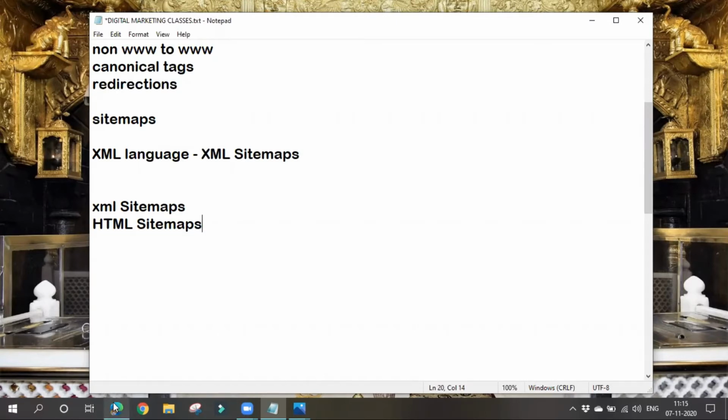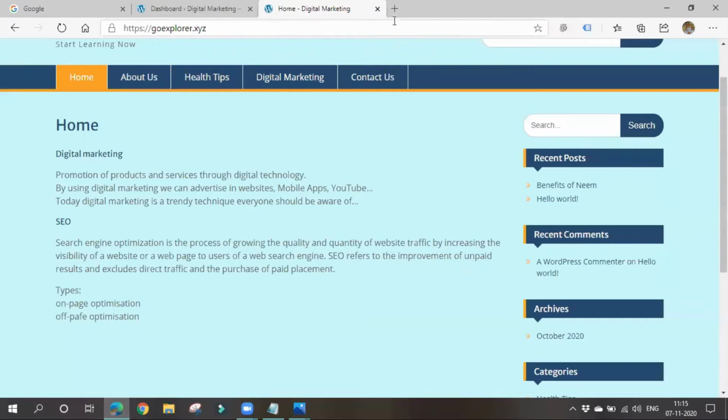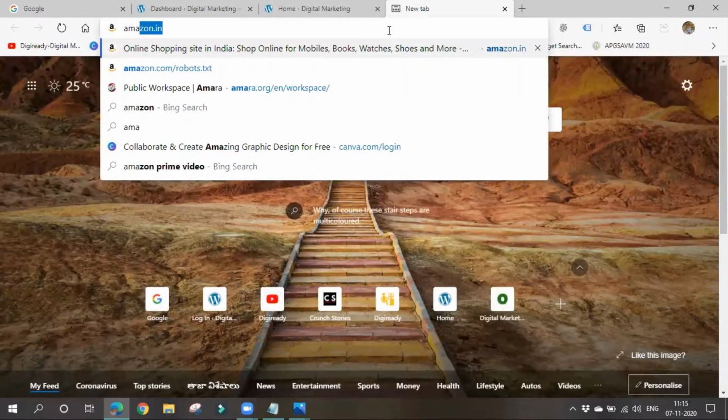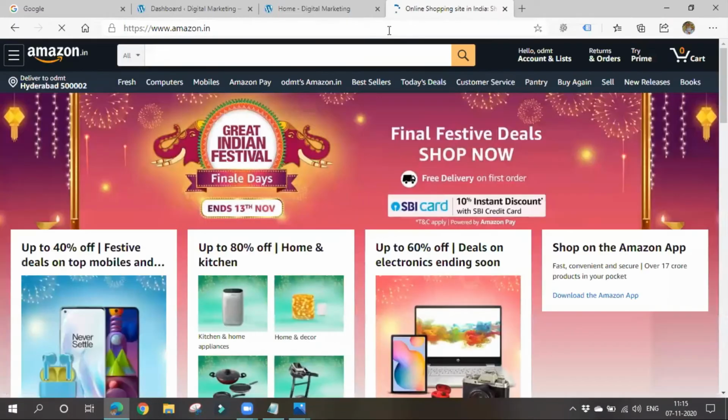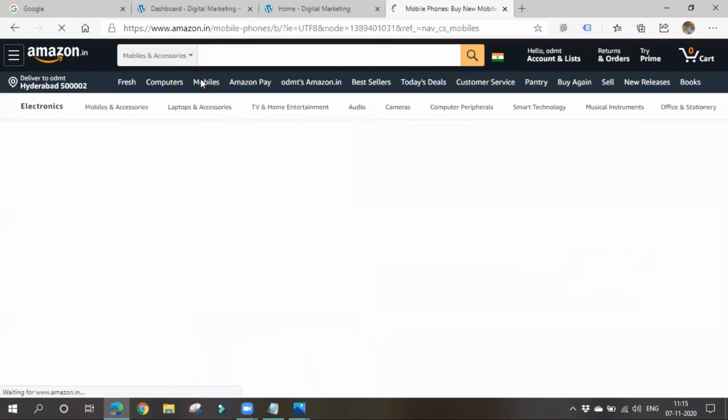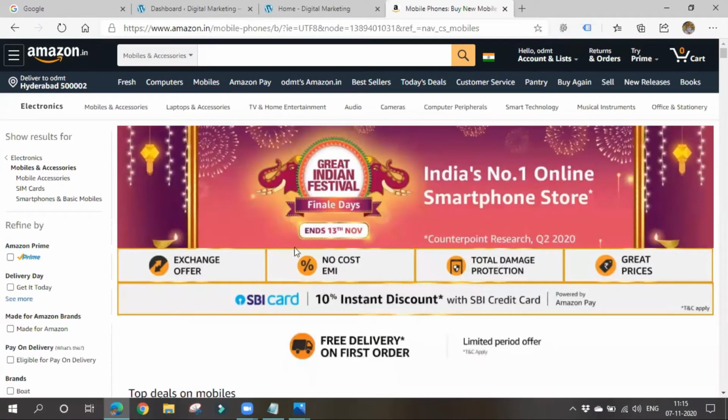I'll show you how it looks. Okay, so let's go to Amazon. It is nothing but a navigation. So we are providing them with clear navigation so that they can redirect easily. So this is Amazon. If you want to go for a mobile or such kind of thing, they'll be providing you navigations here. Simply click here. Again, in mobiles there are varieties of products. Also you'll have some specifications, like it must have 6 GB RAM, some 128 GB memory like that.